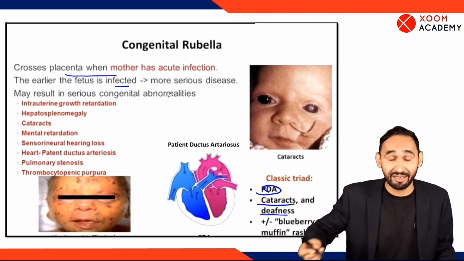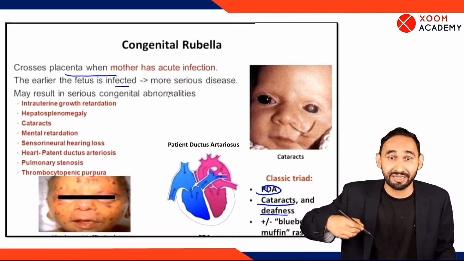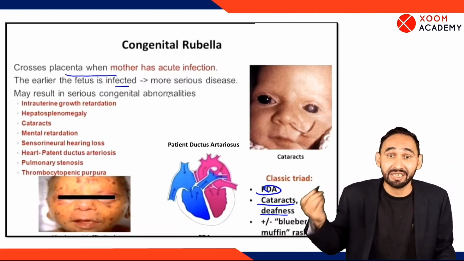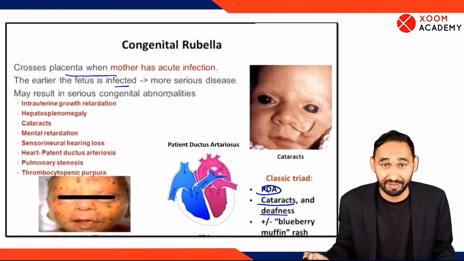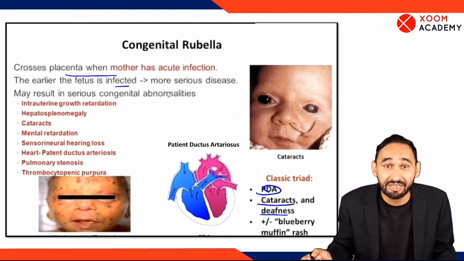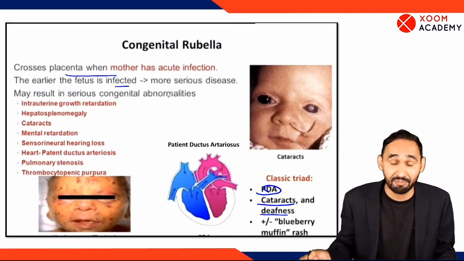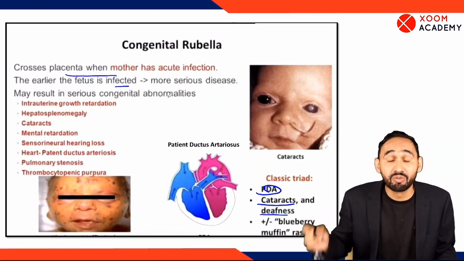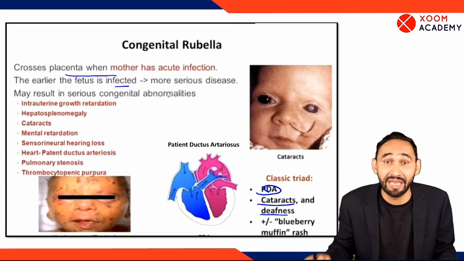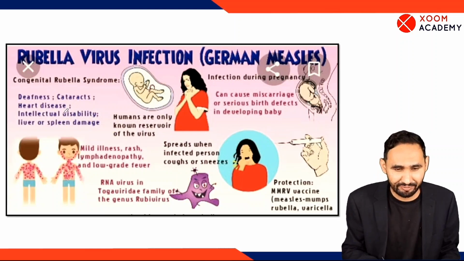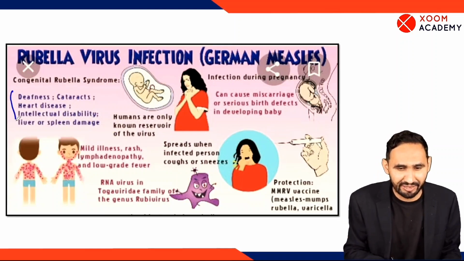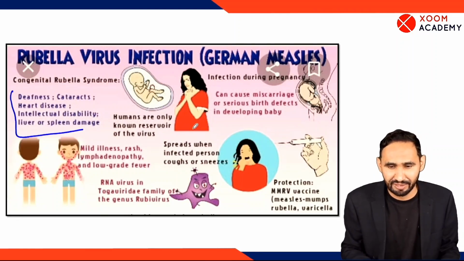And in case of rubella, it is characterized by rash. A rash appears on the body of the child. It disappears from the face, then appears on the trunk. This is rubella. So you have to differentiate between congenital rubella syndrome and rubella. Plus, remember, you have to protect females of reproductive age. You have to vaccinate them. This is rubella infection. Deafness, cataract, heart disease: congenital rubella syndrome. This is also called German measles, and we can protect by vaccination.